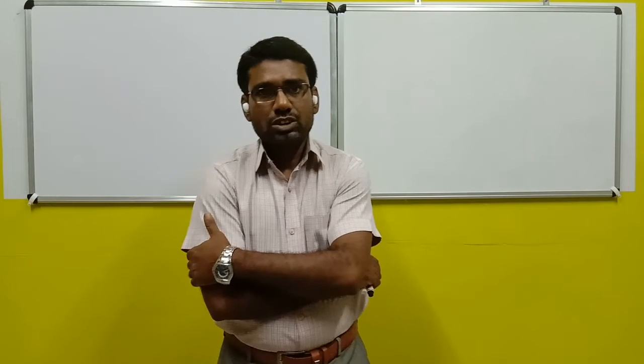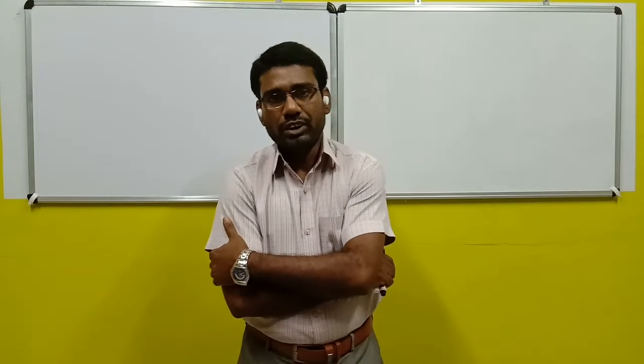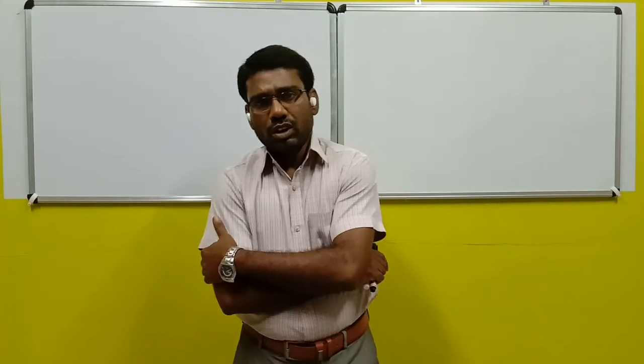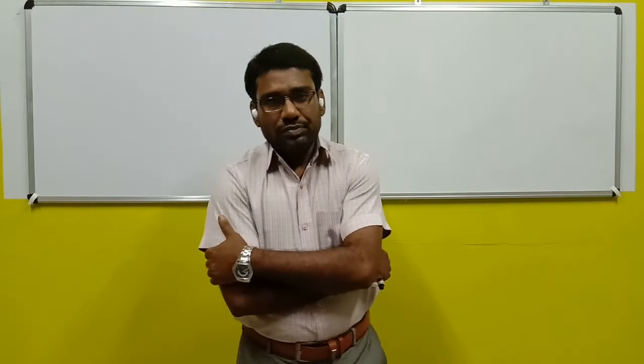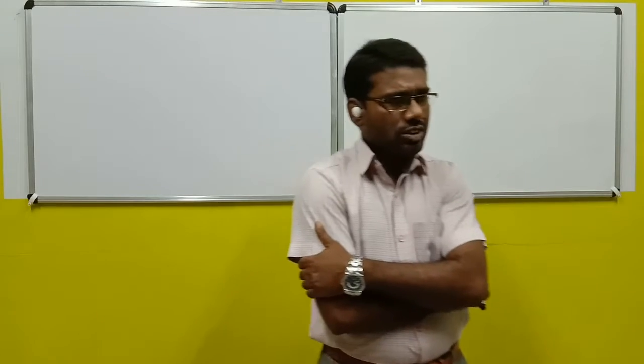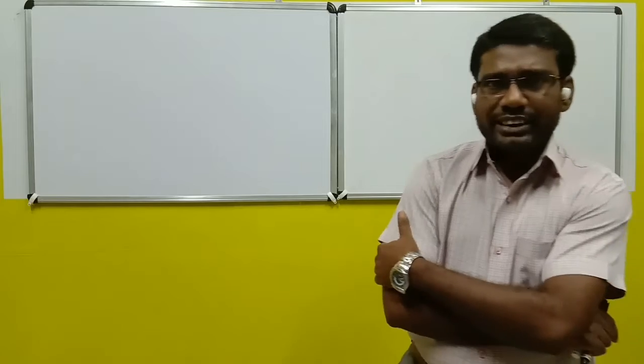Students, in the previous class, we have already discussed case 1 of method 3 to find out a number of rational numbers between your given rational numbers a and b. Suppose your given rational numbers are a and b and you want to find out a number of rational numbers between them by following method 3. But we have already discussed about case 1 only of method 3, and I had already told you that method 3 has two different cases, case 1 and case 2.